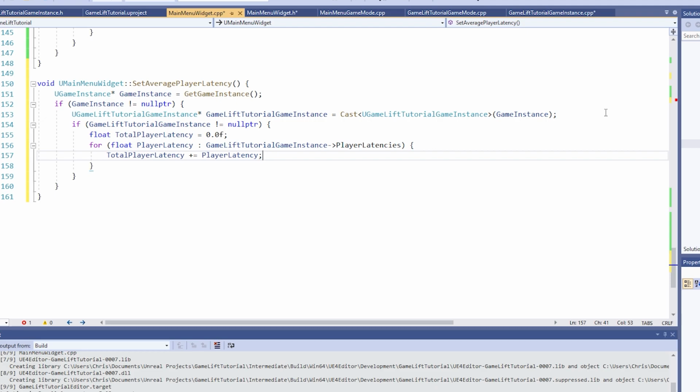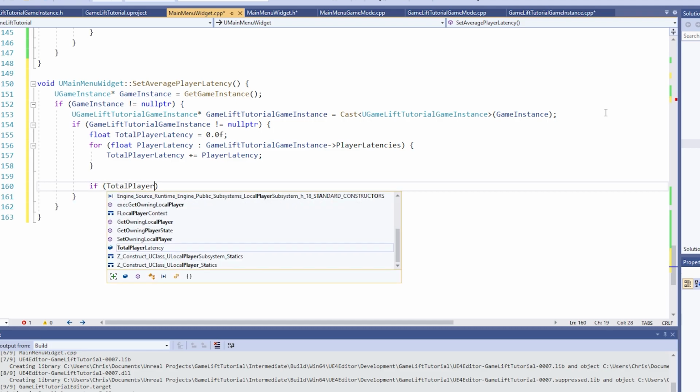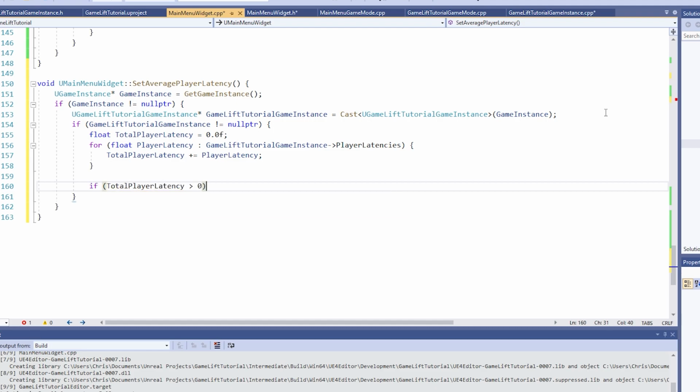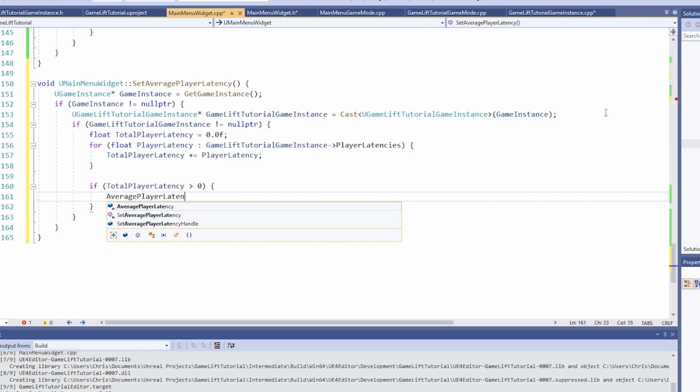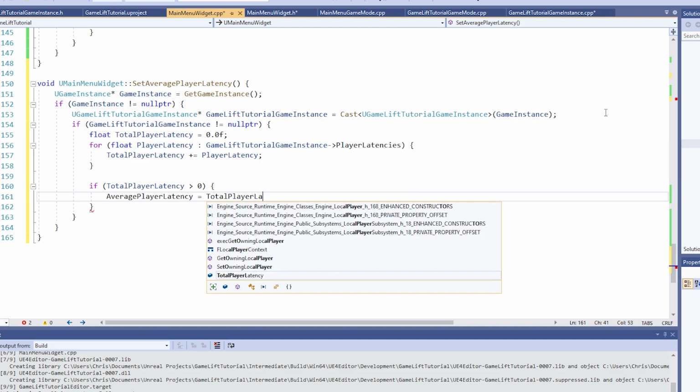Before that, let's first check if we even iterated on any player latencies by writing if, in parentheses, total player latency greater than 0, and then squiggly brackets. Because if we iterated on at least one latency value, then the total should be greater than 0. This if check is usually most of the times going to evaluate to true, but it's just a safe check to have. So in here, let's set average player latency equal to total player latency